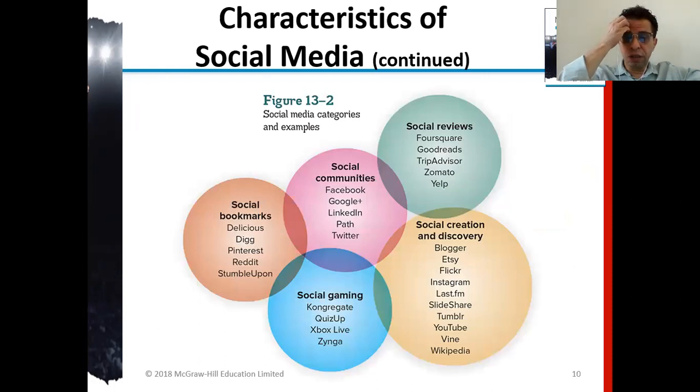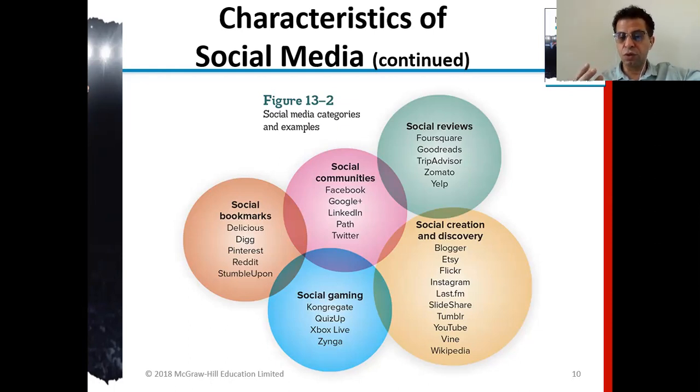Now, the characteristics continue. We have social media categories. We have social reviews, and you can see here the names of them. You have social communities, like Facebook. You have social bookmarking, like Pinterest and Reddit.